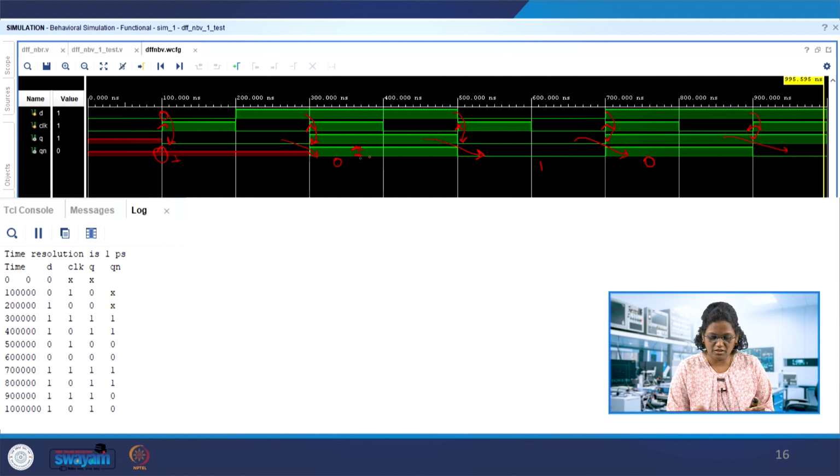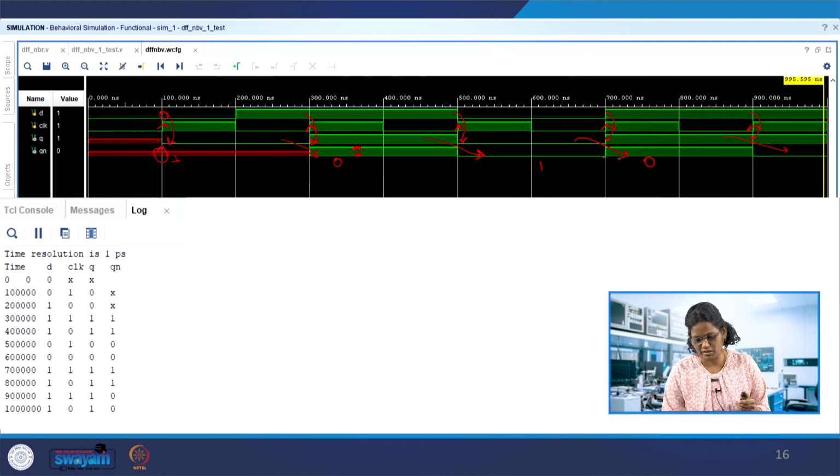So it is giving an indeterminate result. Actually, at the same sampling edge it should give 0, here it should be 1, and if this is 1 this should be 0, but it is giving 1. It is taking the past value and complementing it.